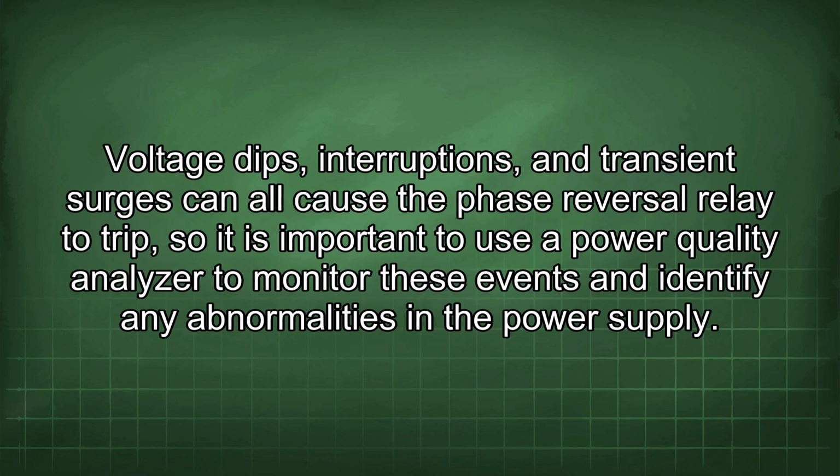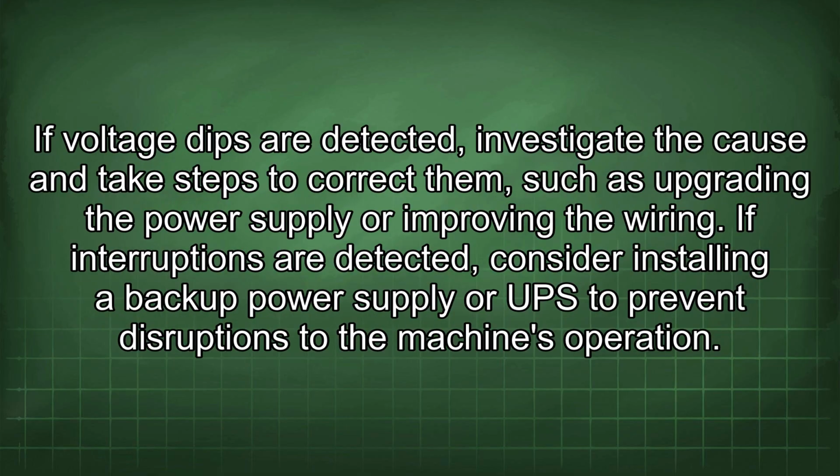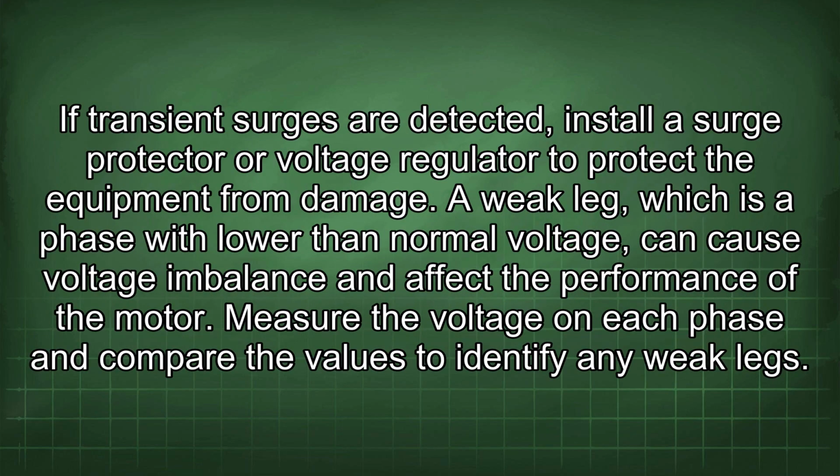Voltage dips, interruptions, and transient surges can all cause the phase reversal relay to trip, so it is important to use a power quality analyzer to monitor these events and identify any abnormalities in the power supply. If voltage dips are detected, investigate the cause and take steps to correct them, such as upgrading the power supply or improving the wiring. If interruptions are detected, consider installing a backup power supply or a UPS to prevent disruptions to the machine's operation. If transient surges are detected, install a surge protector or voltage regulator to protect the equipment